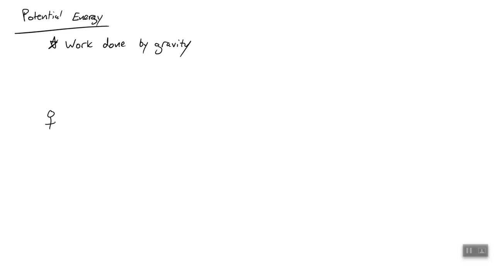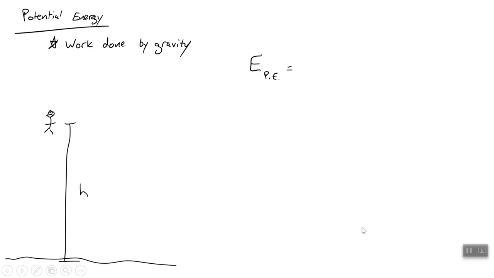So let's say I have a person, and then turns out they're above the ground. So that person is not just in trouble. Well, they are in trouble because they are some distance above the ground, which is why they're frowning. Some distance h, and they have some given amount of stored energy because they have the ability now to do work because of gravity. All right, so the amount of work they could do, or the amount of energy they currently possess some height above the ground, is equal to their mass in kilograms multiplied by some gravitational constant, the acceleration due to gravity in meters per second squared, multiplied by h, where h is our height